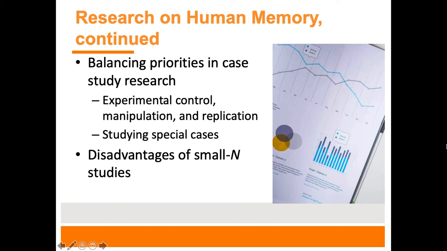Of course, in these sorts of studies on human memory, there's a balance here as well, which highlights some of the issues with small n studies. We have very limited experimental control in some cases. Of course, once this group is known, we can experiment within the subjects like they talk about with memory and manipulating certain types of presentations of things to see how the areas of the brain responded. But for the most part, these are special cases that are hard to replicate, and because of that, may not generalize all the time, right?